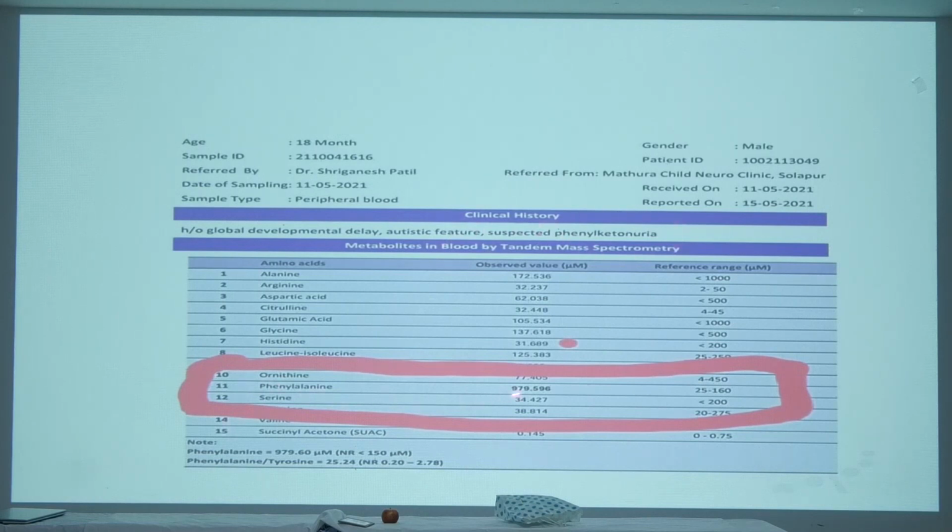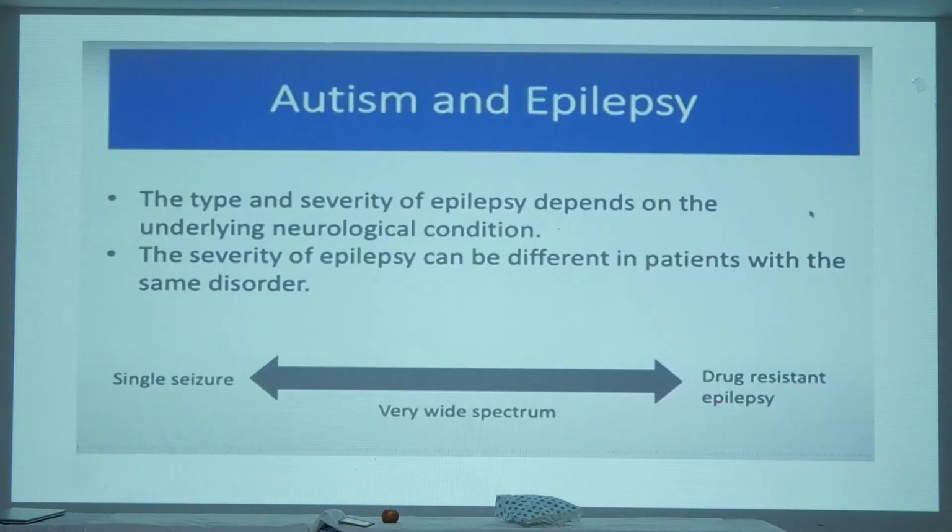And phenylalanine level was approximately 1000 microgram. So it is a treatable condition. So we have to diagnose it early and we have to treat it early. We have chosen this is the phenylketonuria. We have chosen these 3 cases in this subgroup, that is underlying neurological conditions. What common things you found in all these groups?